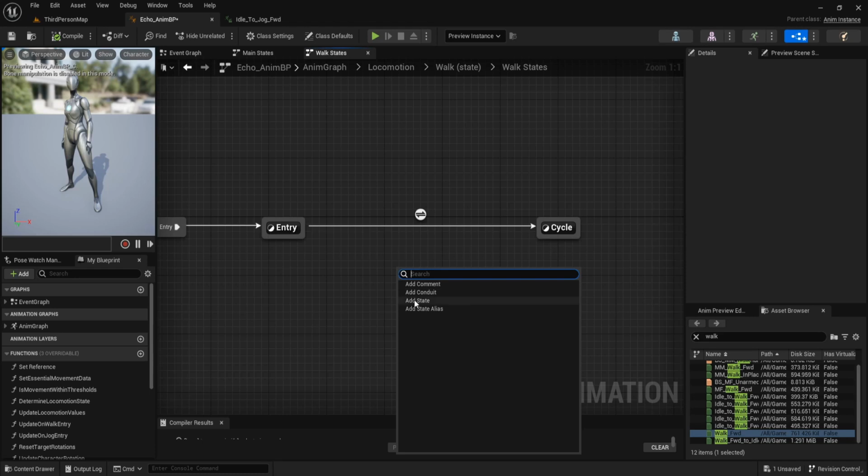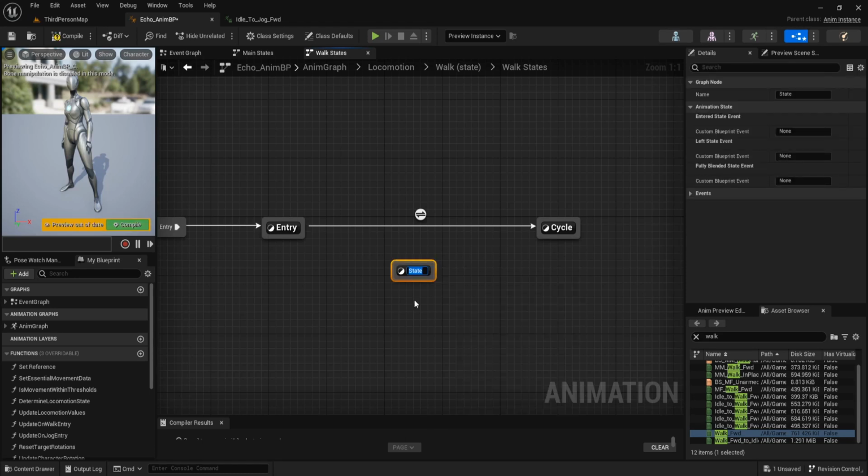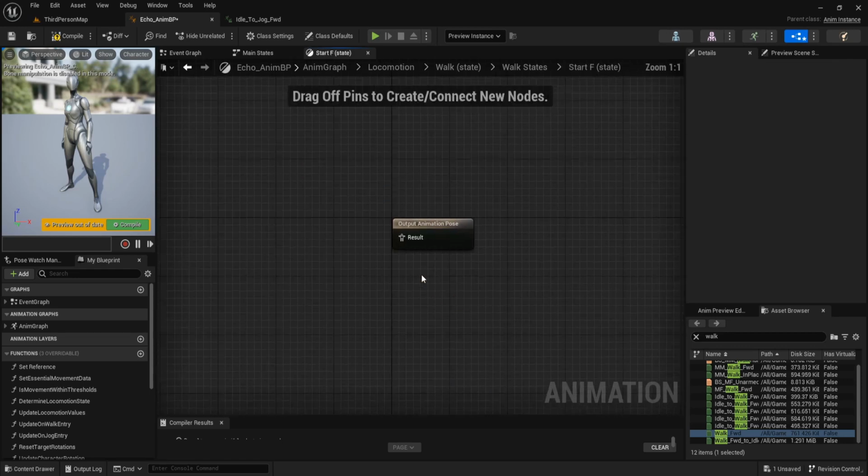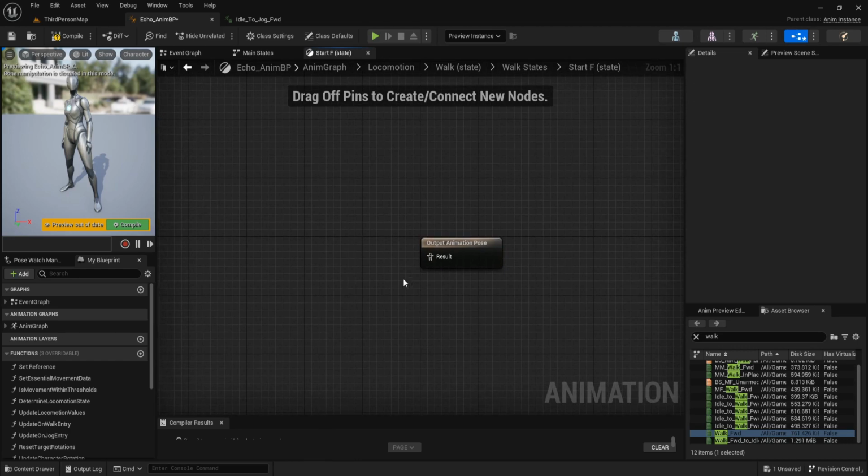We add state, and the name is start up. Open the start up state. Search for idle to walk forward.